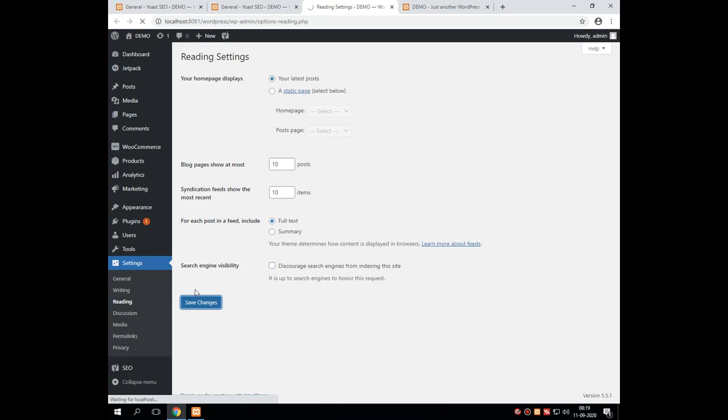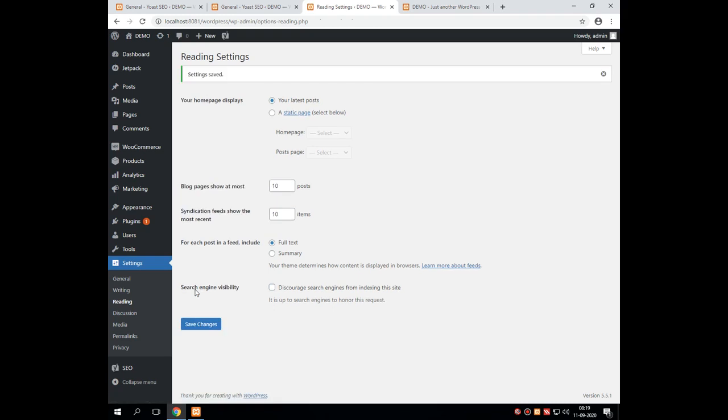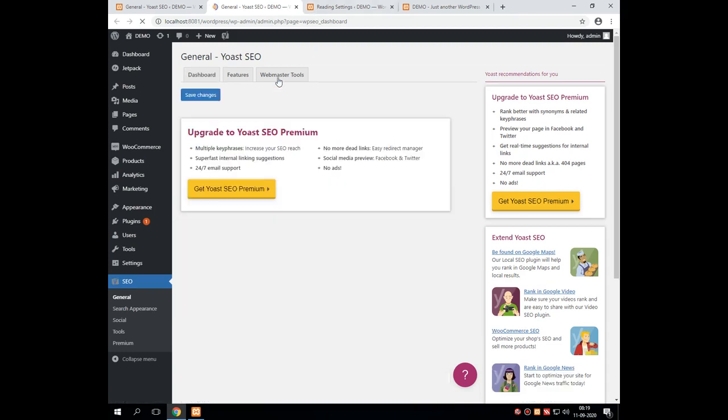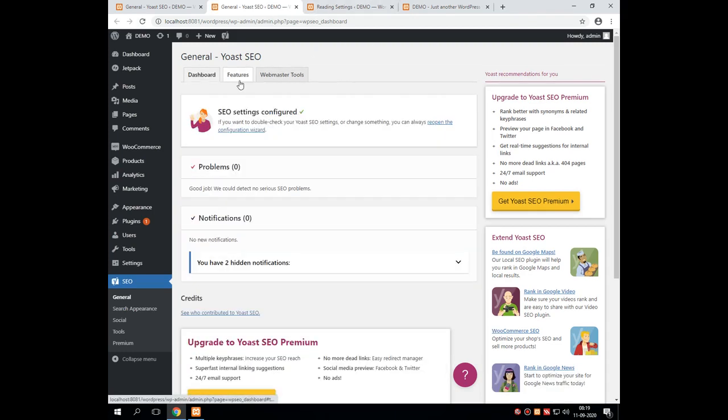Once I have done this, automatically the robots of search engines will come over the site that I have created and post the content of the same onto the screen. Say for example, whatever changes I have done, and then I am refreshing the page, that error gets removed from the entire screen.